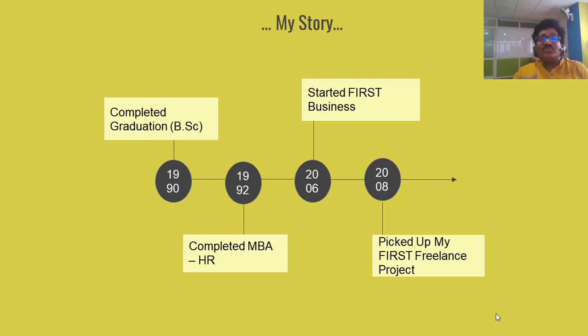When I saw the category writing and translation, I said, this is something I can do. Because I've been writing articles for my college magazine, school magazine, etc. Writing is something I love doing. I said, this is something I can do. And then I went through the subcategories. See, every category will have subcategories. Every subcategory will have a list of skills associated with that. I went through the subcategories and I was trying to see if there's an easy project, something I can quickly do and get my $60 and then close my account on this Elance website and then go away from the website. That was my initial thought at that time. Of course, little did I know that I'll continue to work on the same website for the next 10 years. It was a hook for me at that time.